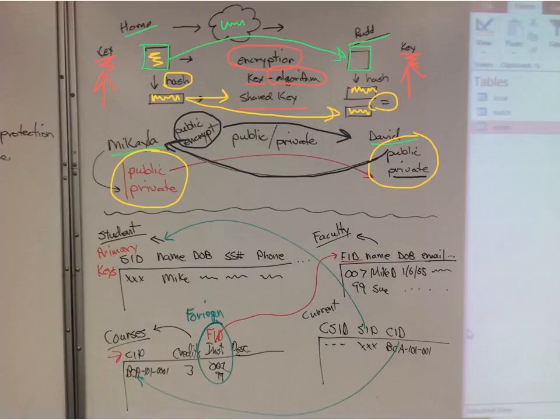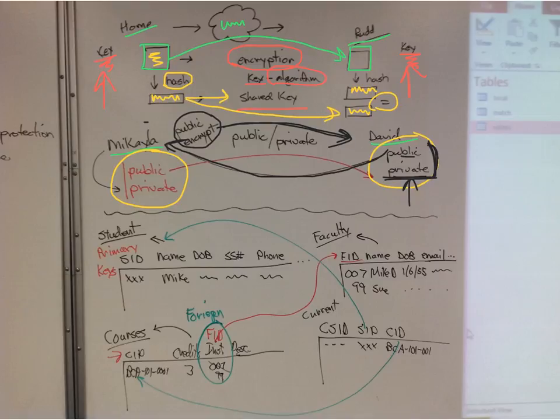Does that make sense? Because a key pair, only this key pair can be used to encrypt and decrypt. Since it's a public key, you can send it over. Michaela can encrypt it with the public key, send the data to David, and then he's the only one that can decrypt it with a private key. You never give out your private key when you have a key pair.